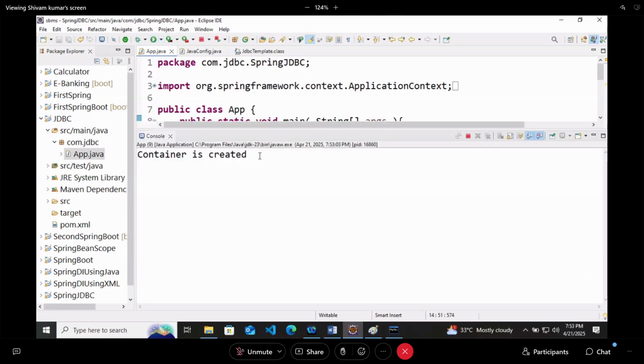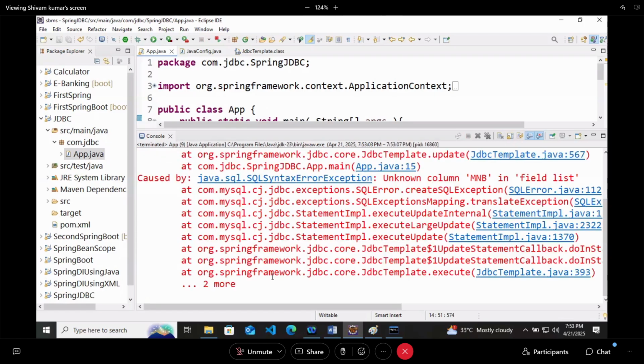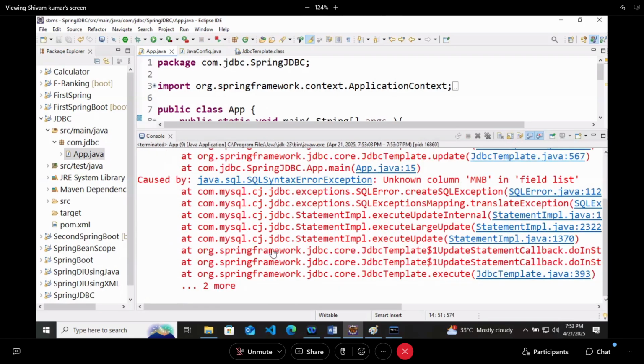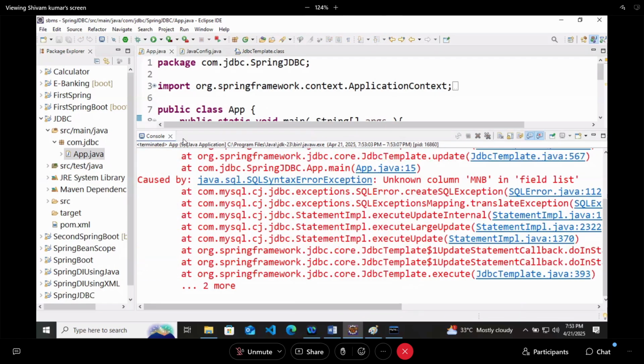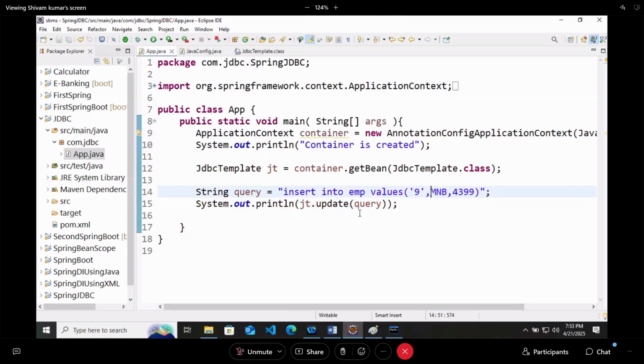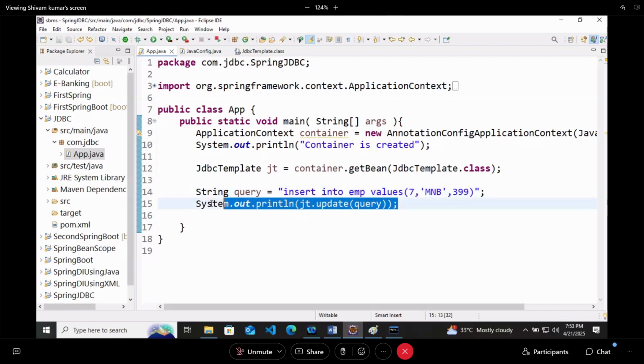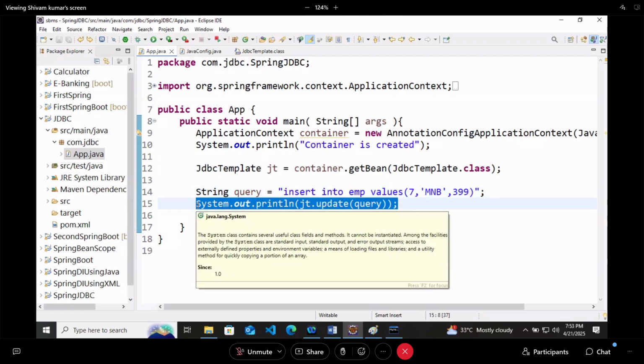The container is created, and we got a lot of exceptions. So generally in this case it will print 0. 0 is a symbol of false. I did this so that you can check whether it is returning int or not.